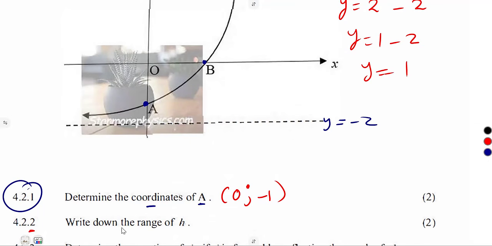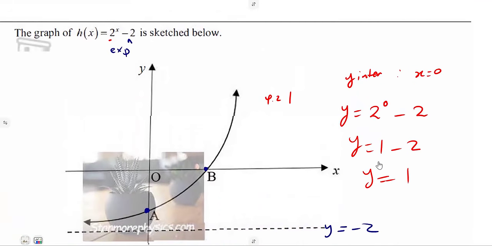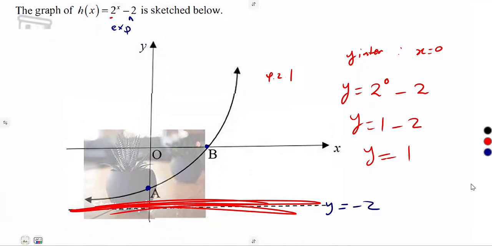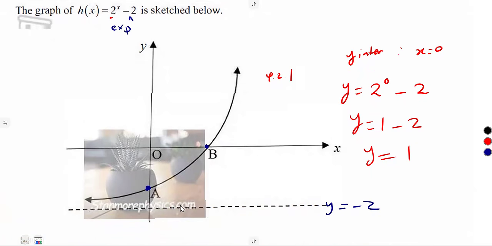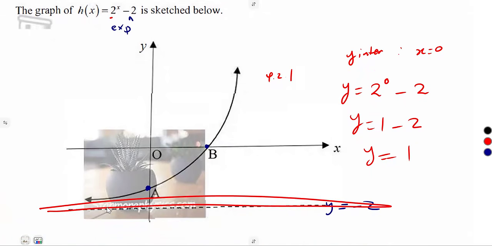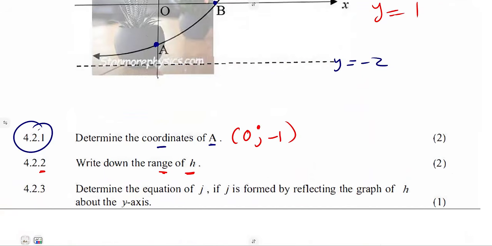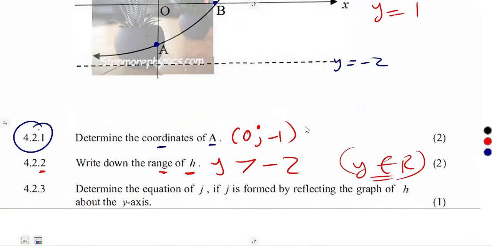Then 4.2.2, write down the range of h. As we can see, our h here is limited by this asymptote, y equal to minus 2. It can go up to any value, but as it is going down, it cannot pass minus 2. So we are talking about all values which are bigger than minus 2 for the y values. We are talking about all those values that are greater than minus 2, but y being any real number as long as it is